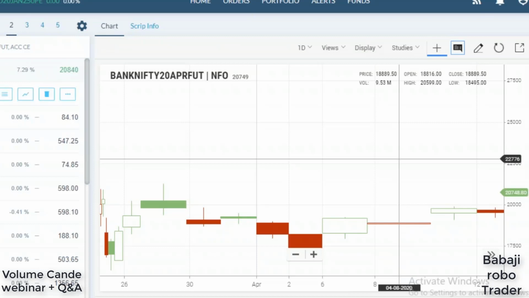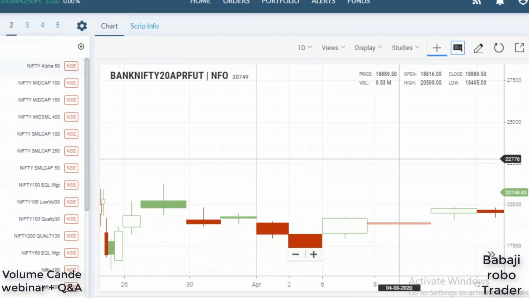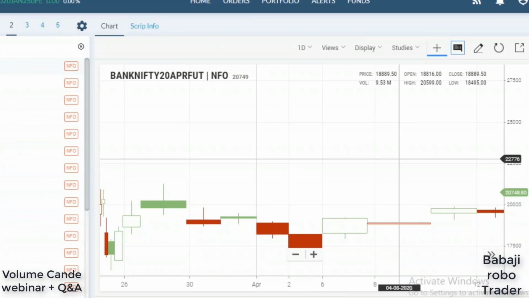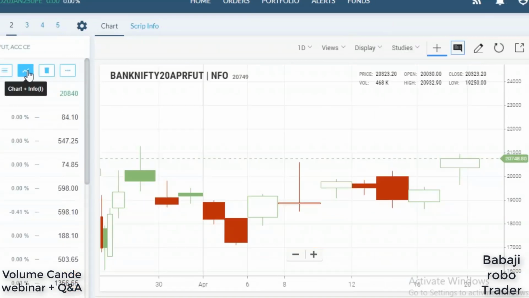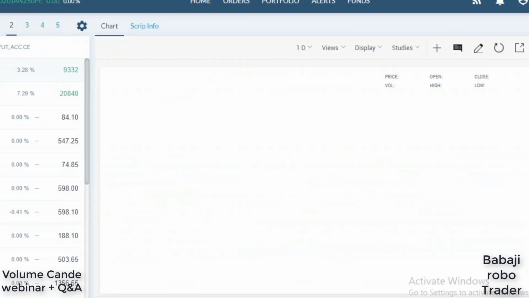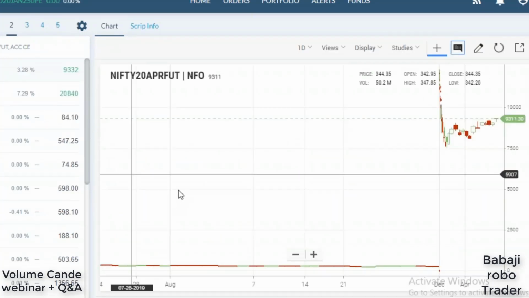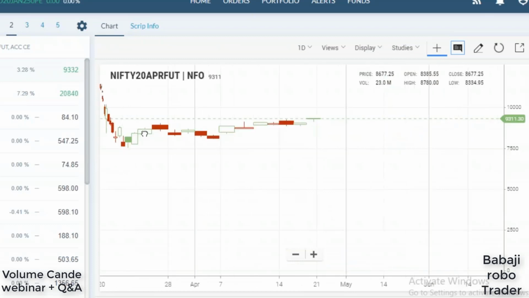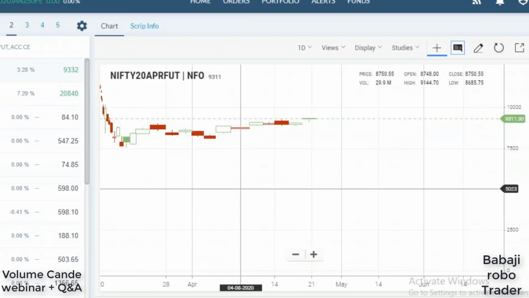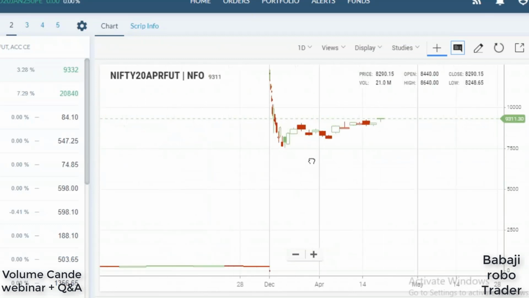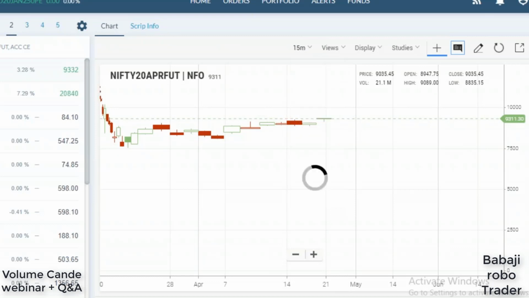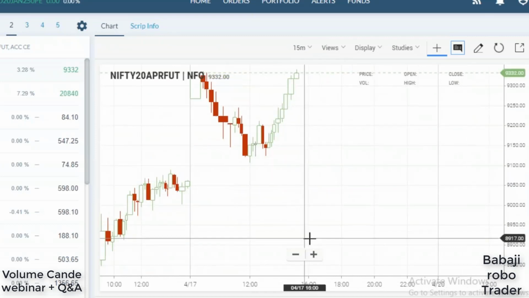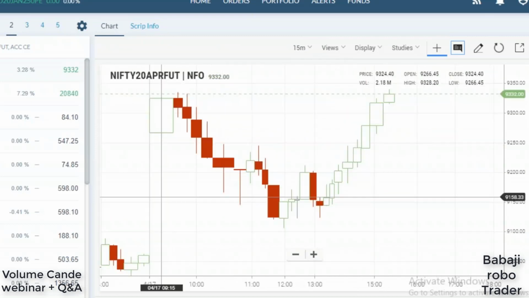Okay, Nifty future, to explain one more time. This is the Nifty futures, so I'm opening this chart. I think the number of symbols got more in the market watch list, so that's why we are able to add them, because in most other lectures it was only 30. Okay, this is the Nifty. For intraday we can choose 15 minutes. We can see here the same pattern as in the Bank Nifty.